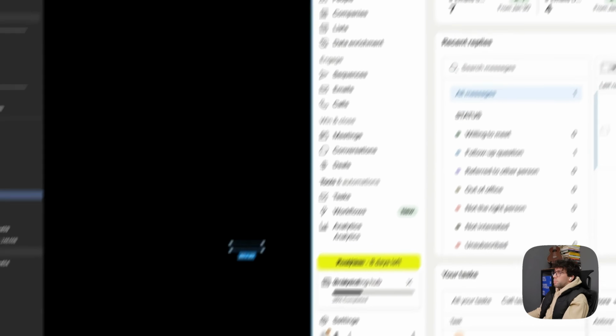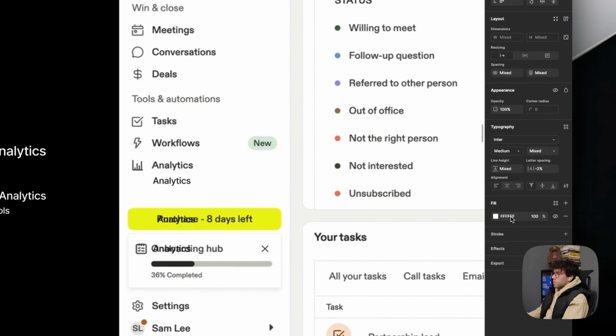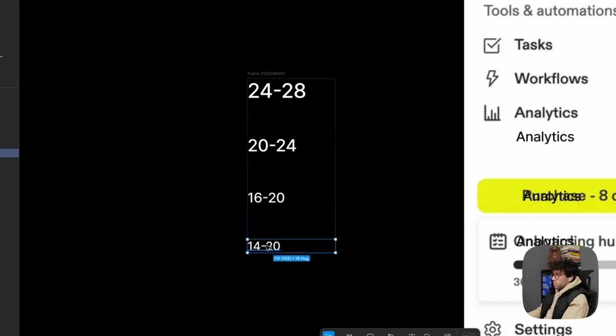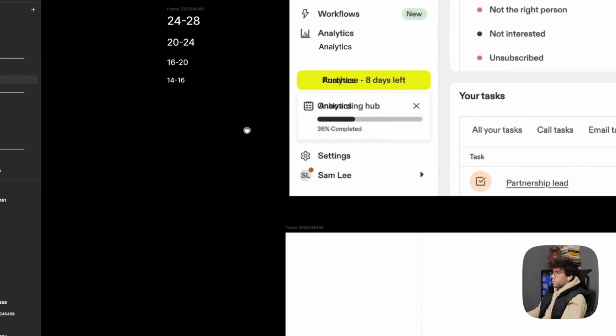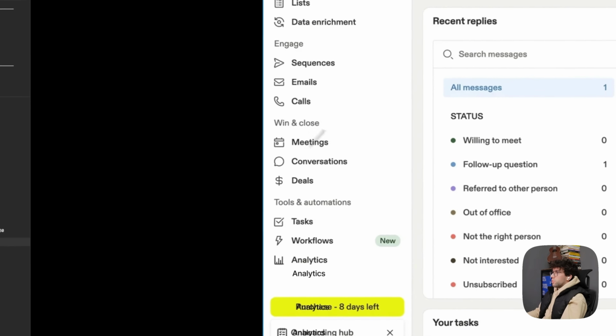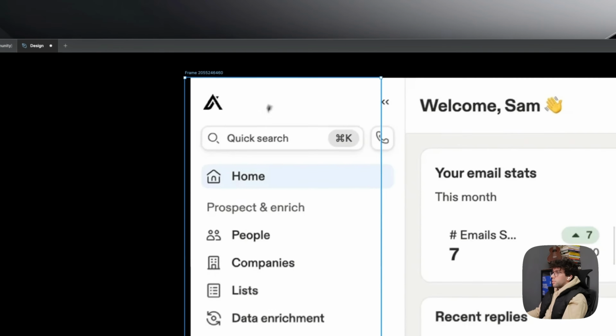So I think probably we've got those. Just make it a lot easier for us. We will have 24, 28. So that's a rough, tiny little design system, but that's still going to help us go through the design a bit faster. Cool. So now I'm just going to remove those text, and then I'm going to grab my sidebar,